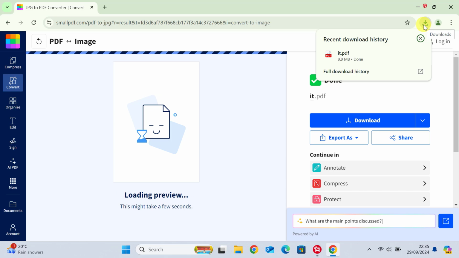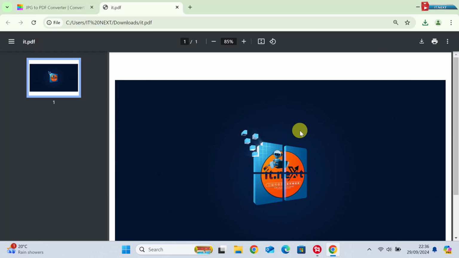As you can see, converting JPGs to PDFs is super easy whether you're on Windows, Mac, or using an online